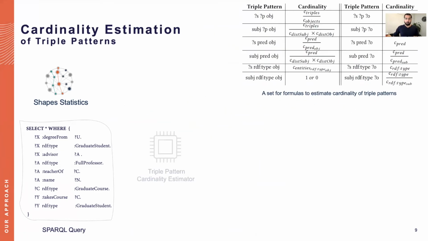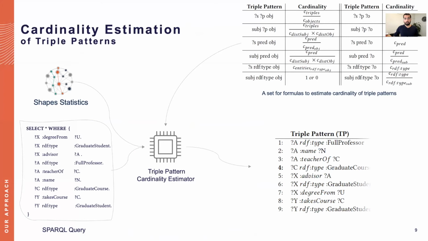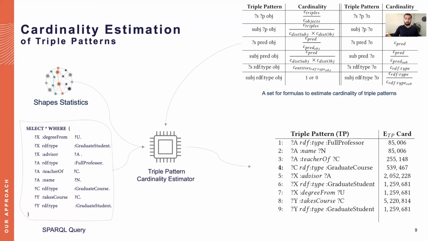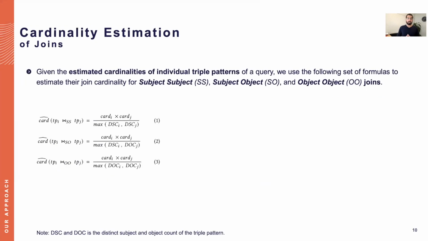So given these formulas, we have a triple pattern cardinality estimator where we provide all the inputs, and for each triple pattern we compute the estimated triple pattern cardinality using the shape statistics and these formulas. Once we have the estimated cardinalities for each individual triple pattern of a query,